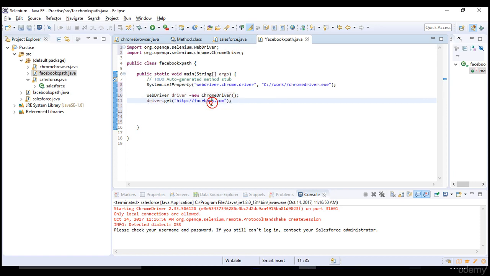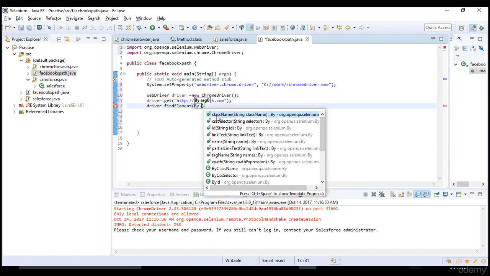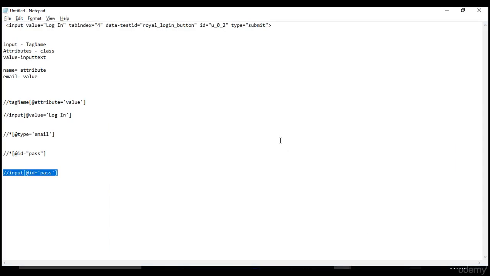Once we hit facebook.com with the driver.get method, now I want to handle find element by dot, which one? Only XPath, right? XPath, cool. Do you have the XPath which you wrote? It's not about what the tool has given, it's our own XPath now.